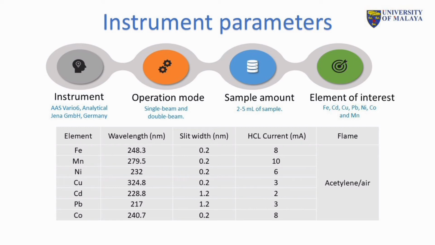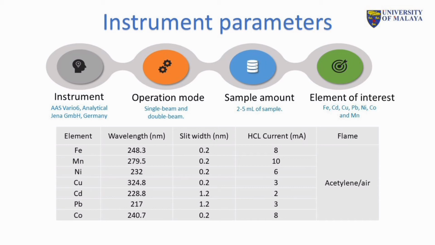If it is too wide, it will allow multiple wavelengths to pass through, which might result in poor resolution even when the signal to noise ratio is good enough. On the other hand, if it is too narrow, it will lead to better resolution, but the amount of light that reaches the detector will be less, which eventually makes it difficult to detect our analyte. In this case, the slit width was kept at 0.2 nanometer for all elements,